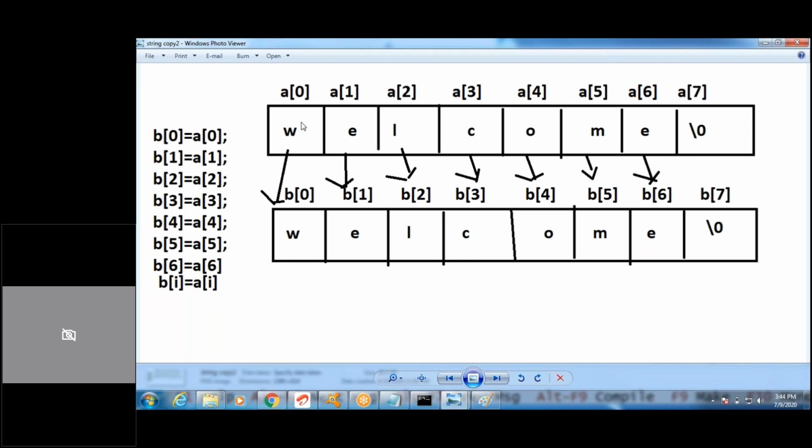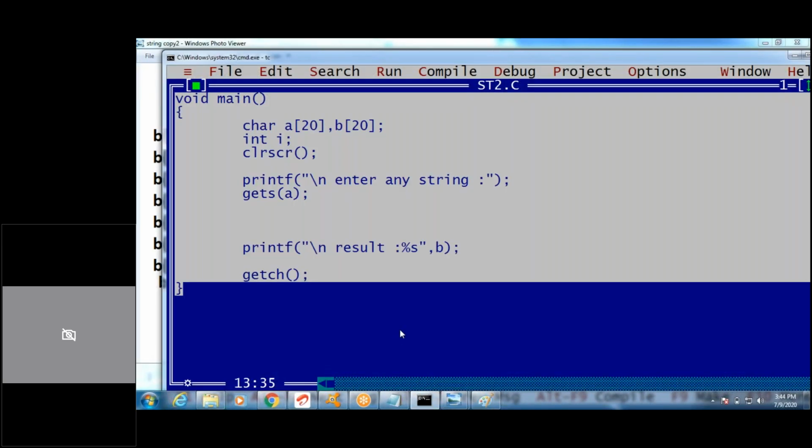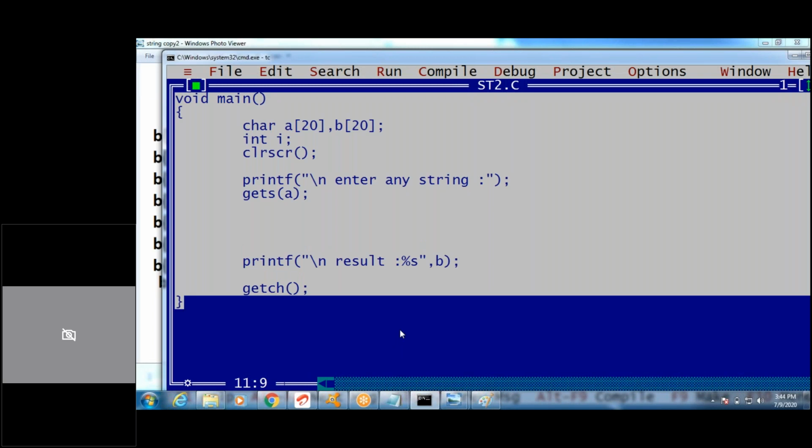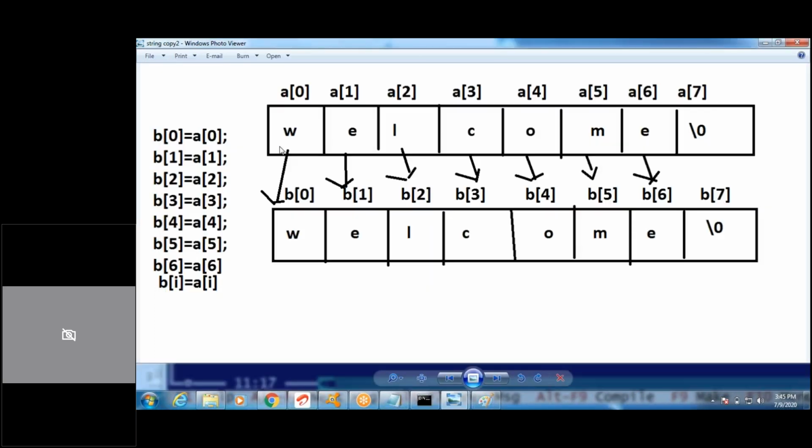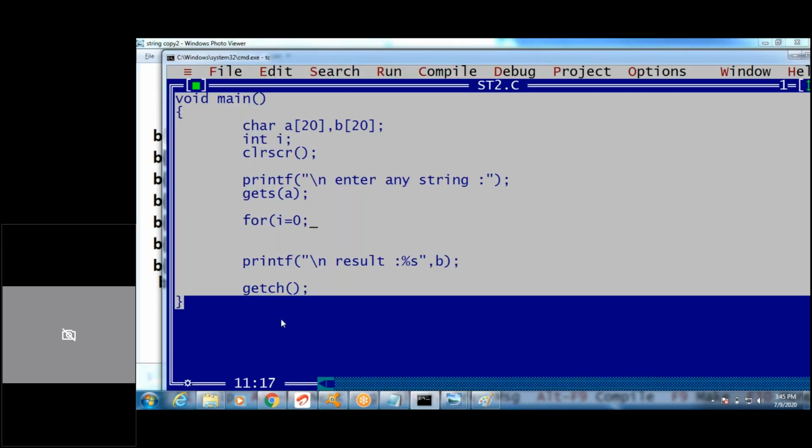See once, how to copy one character. Are you following us? Two strings, sir. We are copying from which location to which location? From 0. I entered welcome into A, and this value should be copied into B. A of 0 should be copied into B of 0. A of 1 should be copied into B of 1, right? For i equals 0, A of i not equal to the null character. Till the null character we should copy. I plus plus. A of 0, A of 1, A of 2, A of 3, till the null character. Now what am I copying? B of i equals A of i.